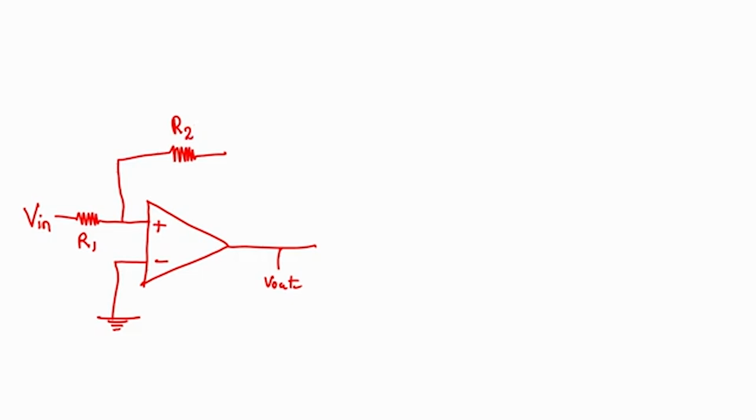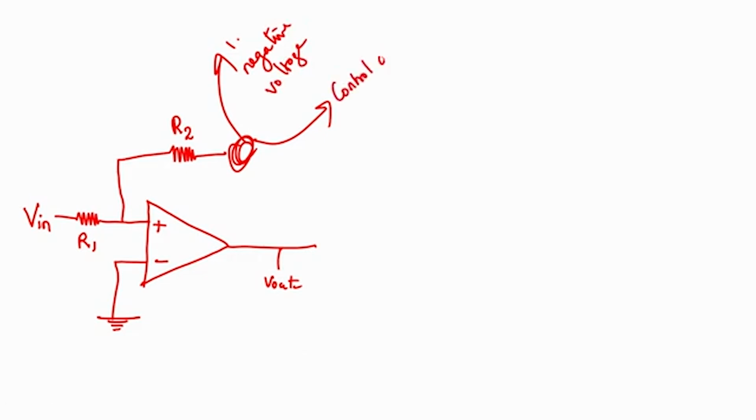Now if we connect R2 here, this will become positive feedback, because it is a non-inverting configuration, and you are giving positive feedback. So this will go into saturation and even oscillate. So this is not what we should do. Here there should be something that can do two things. One is give a negative voltage contribution. Another is controlled output voltage